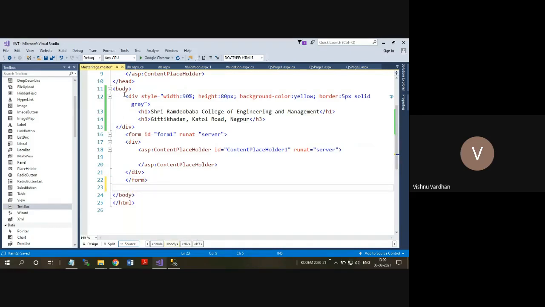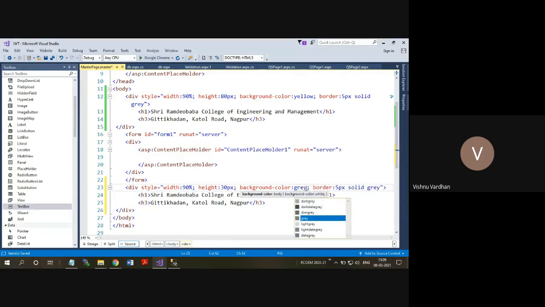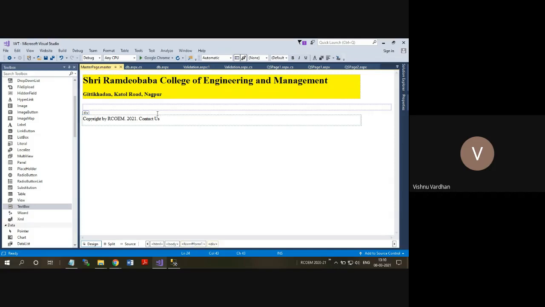Again, this can be a division that you copy and paste here, with 30 pixels height in gray color. Then it has copyright by RCOEM 2021, something like that. Otherwise, contact us can be a link. Anything you want to create in that interface, you can have.